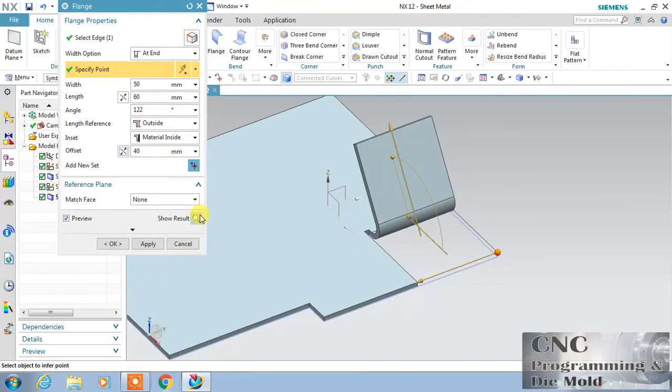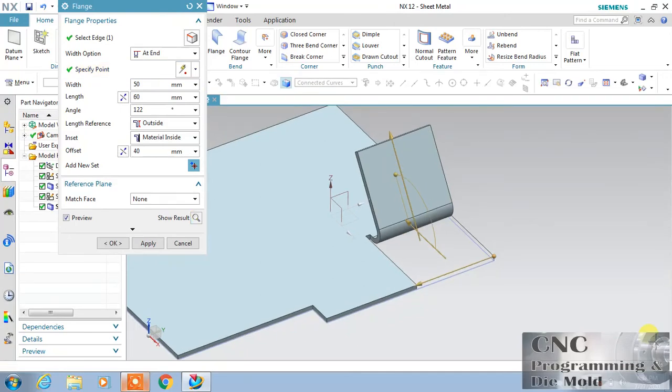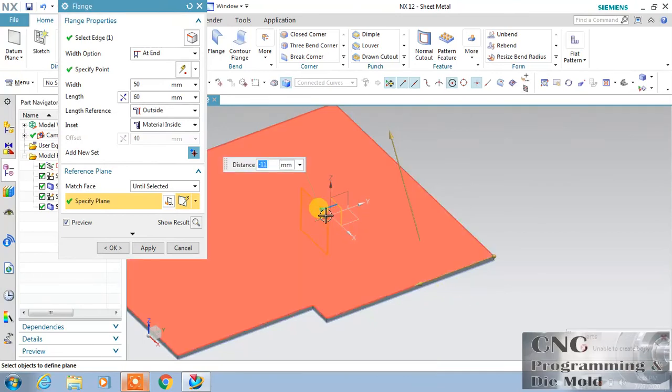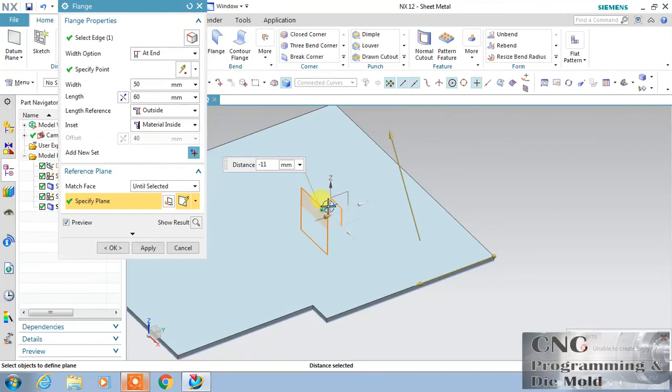Click preview, and in the reference plane you can specify the reference planes, until selected. Means I want to create up to this. You can select this and drag this reference plane, but in this case it is not possible to create.